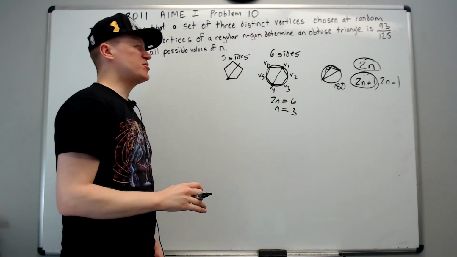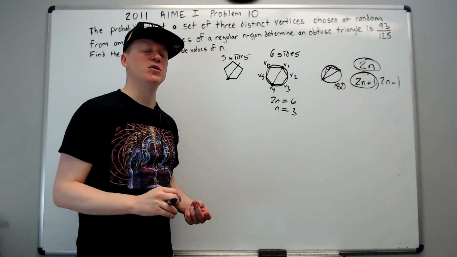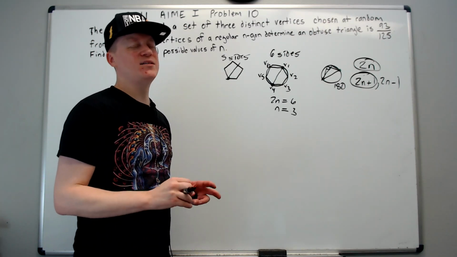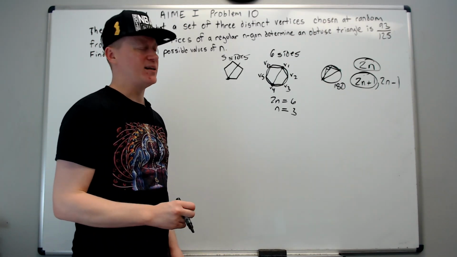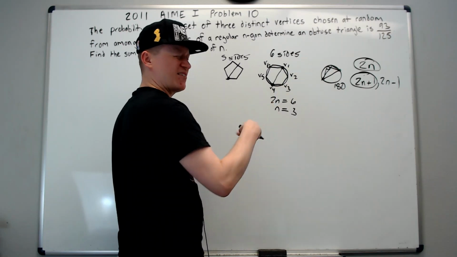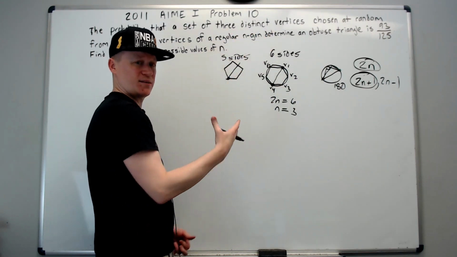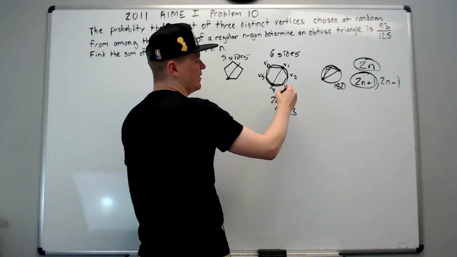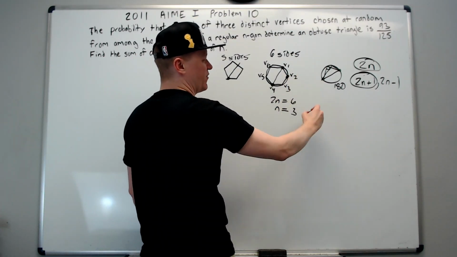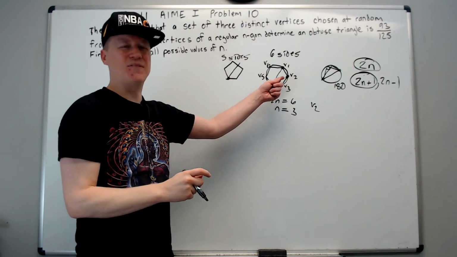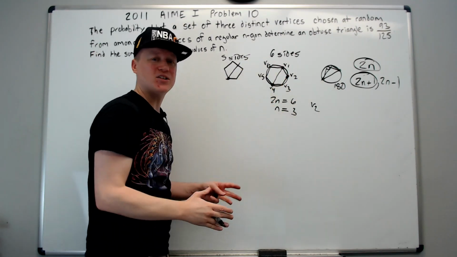We want to introduce a concept we're going to call the leftmost point. And it's important you understand what we mean by leftmost point. The leftmost point would be the first point we choose of the 3 points that we're choosing, 3 distinct vertices. Let's say that I chose V2 as my first point. How can it be the leftmost point when it's on the right of the picture?